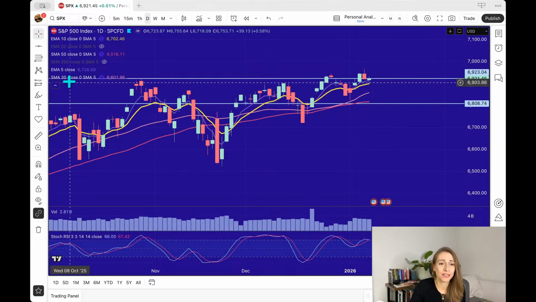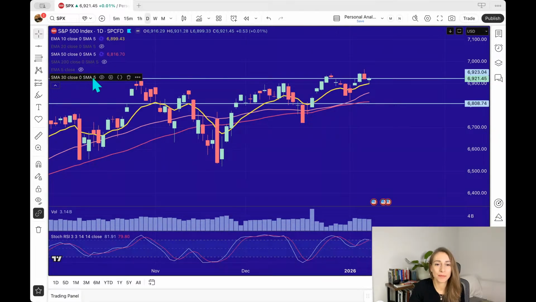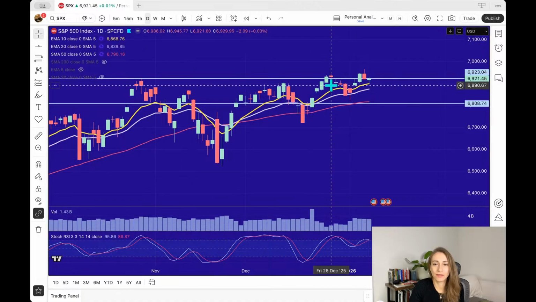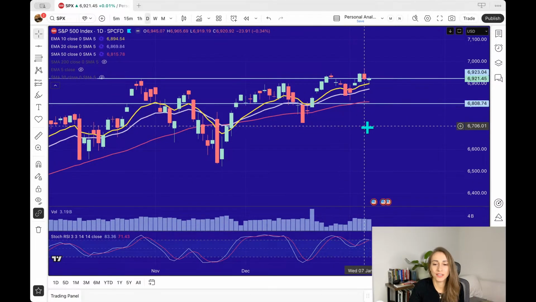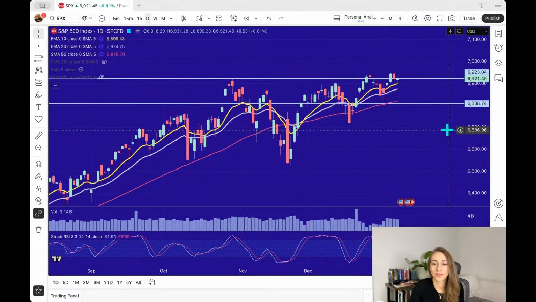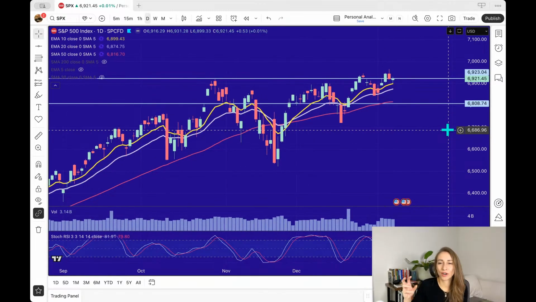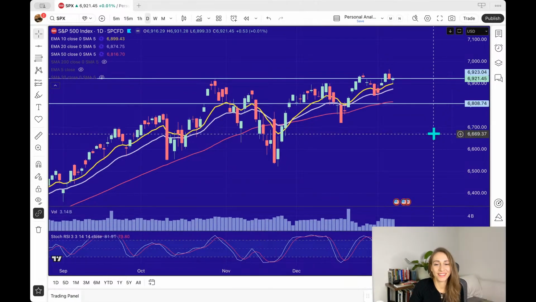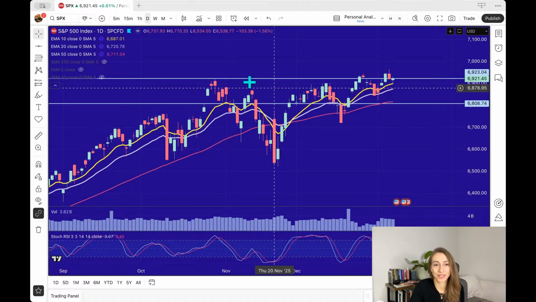I've got a bunch on here that I hide and then bring back all the time, but let me close some of them to make it a little bit cleaner here. So as you can see, we're trending above the 10, 20, and 50 smooth line. And so this gives the context of the overall trend, which in the market, we tend to have an upward drift.